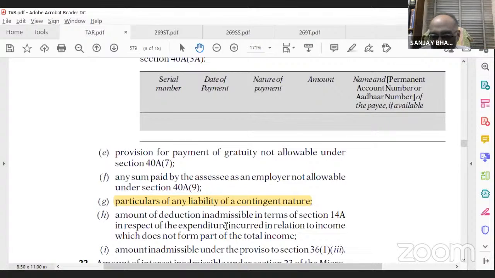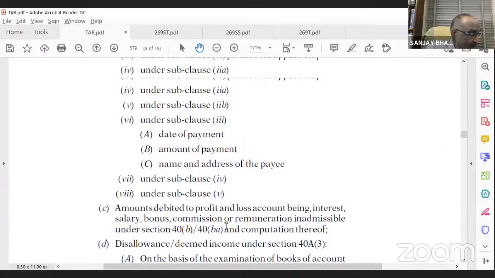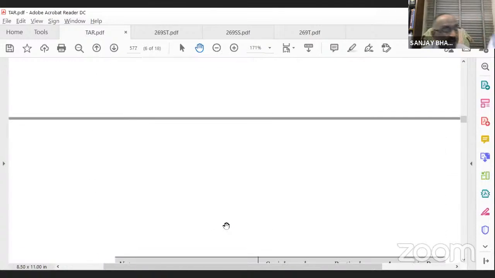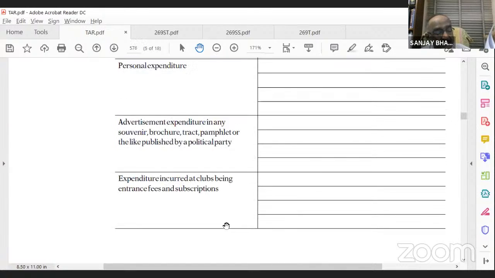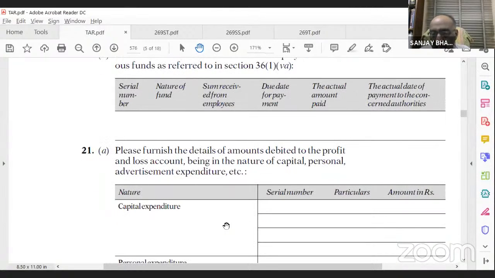And at the beginning of 21, there are requirements of reporting club expenses. Here, what is the heading? Just see what is the heading of 21 small a. The heading is this: furnish details of amounts debited to the profit and loss account being in the nature of capital, personal, advertisement expenditure, etc. The moment I am writing this club expenses, that means as a tax auditor, I am telling that these are